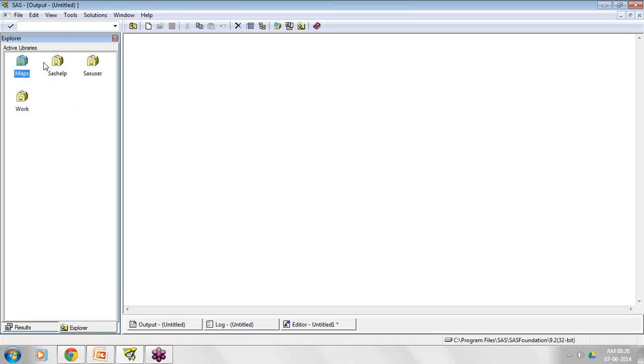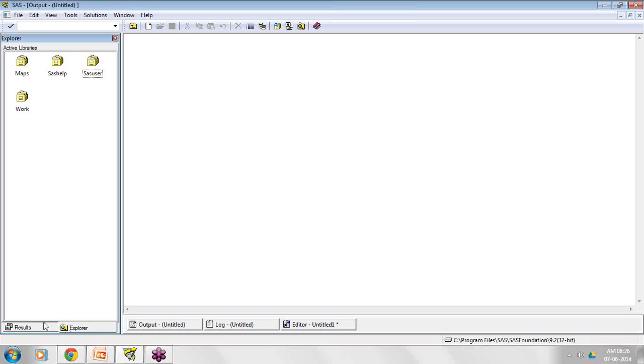Work is a library, Maths is a library, SAS Help, SAS User. These are the different libraries which SAS has developed. If at some point the user wants to create their own library for their business need, the user can create their own library.